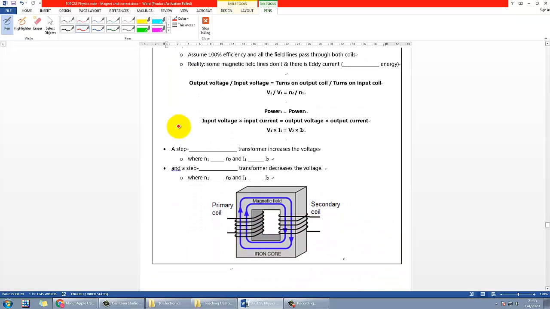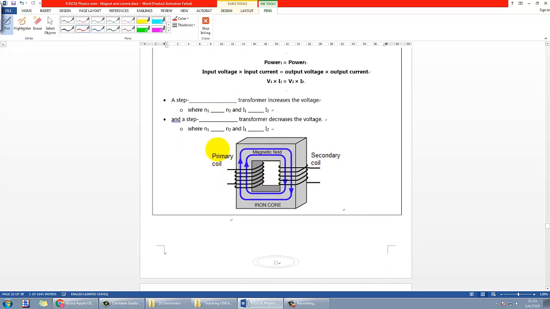And that is because we have to manipulate the nature of AC, that means the alternating current. So imagine in this diagram, there is a primary coil and secondary coil. We usually call them N1 and N2 for the number of turns on each side. And when they are connected with an AC source, current will flow back and forth here.